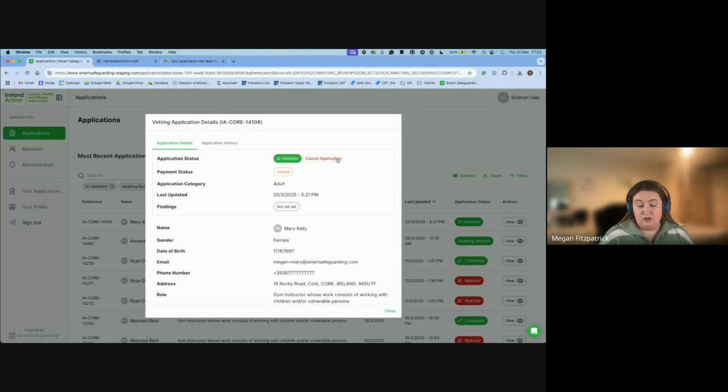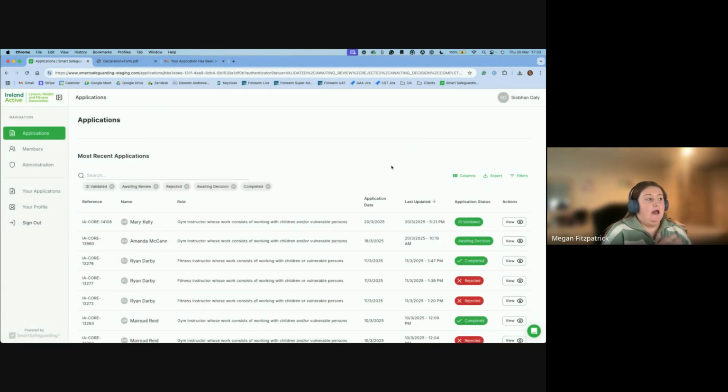The Garda, so the National Vetting Bureau, will then contact the staff member directly and get them to complete the electronic form on their system. They will then run, obviously, the relevant checks, and then they will send the information back to Ireland Active. So that's all going on, obviously, in the meantime. And I'm obviously not going to go through that process, but what you'll see is once Ireland Active then receive